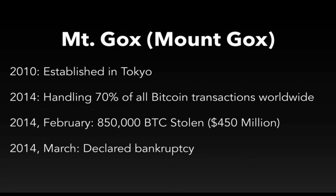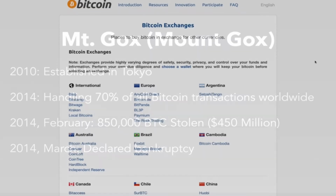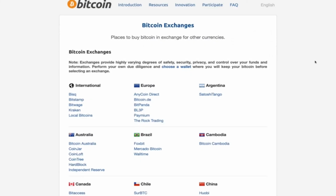This is a common misconception. People think that because Mt. Gox was hacked, Bitcoin was hacked. They're entirely different things. Mt. Gox was just a custodian of the underlying cryptocurrency. So now that we've talked about how terrible some exchanges can be, or some of the shortcomings, we do want